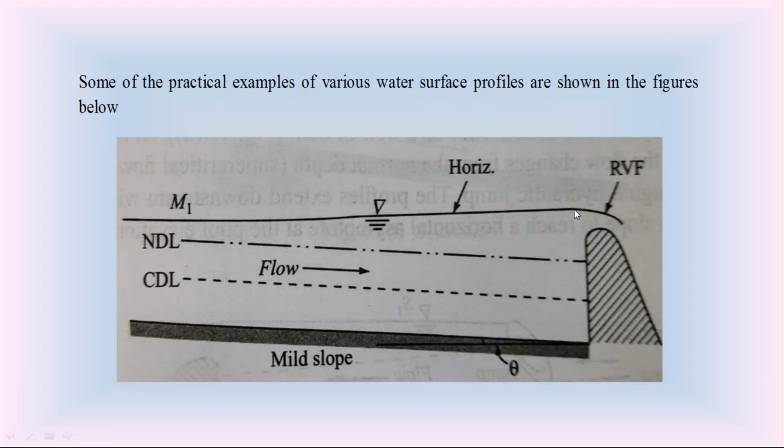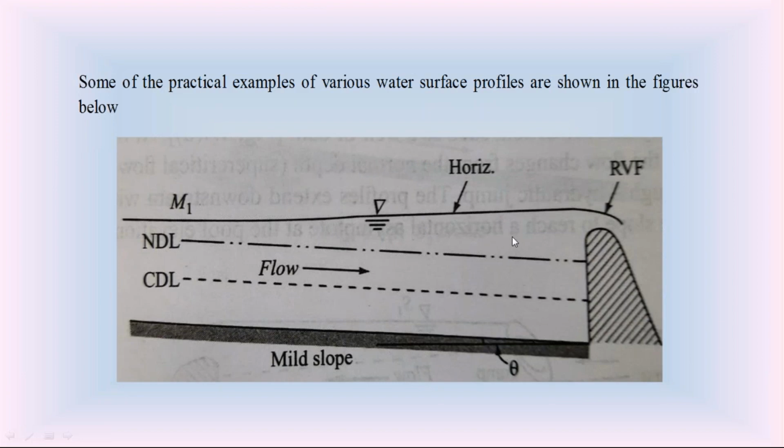On the downstream side, for this M1 water surface profile, the depth of flow y is infinity. When y is infinity, the slope dy by dx of this M1 water surface profile is S0. So when the slope is S0, this M1 water surface profile is parallel to the channel bottom. Since the channel bottom is asymptotic to horizontal, on the downstream side, the M1 water surface profile is asymptotic to horizontal. So that is the characteristic of the M1 water surface profile in the open channel.